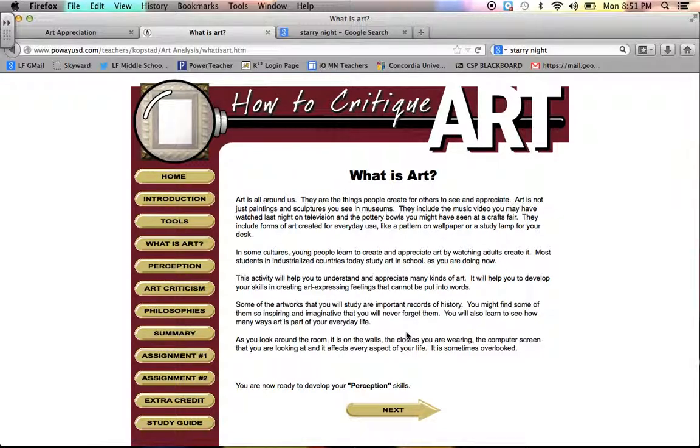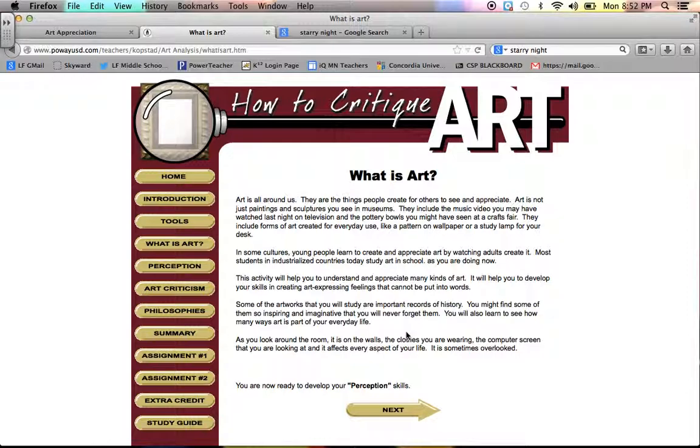Okay, so what is art? Here on this page it talks about how art is all around us. It could be from the way a building was built and created by the architect who drew it, to a sculpture in a museum. If you walk down a street, you might see billboards that have art. You might walk into a store that has wallpaper. That was created and designed by somebody with an art skill set. So you want to,